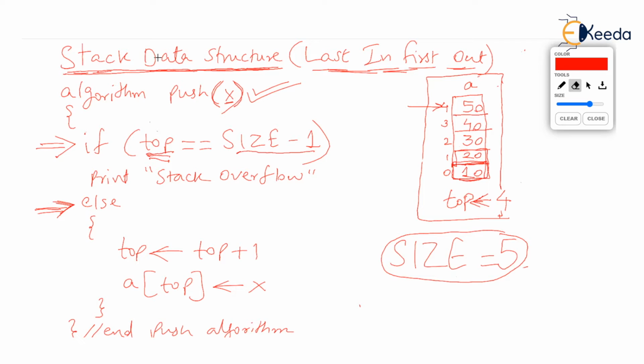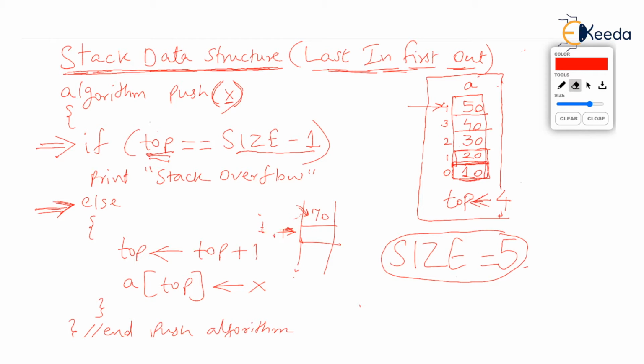The summary, I always tell the students, the summary of the push operation is hardly 2 lines. The 2 lines are, if you have a stack, and imagine top is presently over here, and you want to push one value, then first of all you increase top by 1. Top should become top plus 1, and at A of top, at the topmost element, you put some new value. The new value may be 70. So these are the 2 lines which summarizes the push operation.